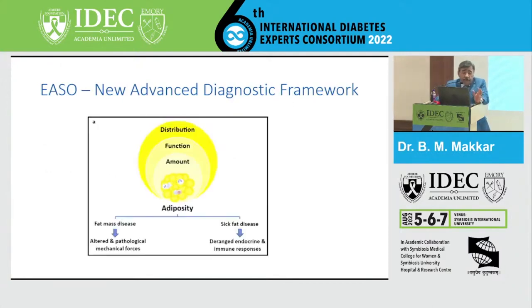So you have adipose tissue which is increased. Now this is increased because of multiple reasons. You have genetic predisposition, you have epigenetic factors, you have decreased physical activity, and so on. Once there is increase in adipose tissue, there is dysfunction, and the first thing is the distribution. So there is a tendency to accumulate more of central fat versus peripheral fat. Once there is more central fat, there is dysfunction of the fat.